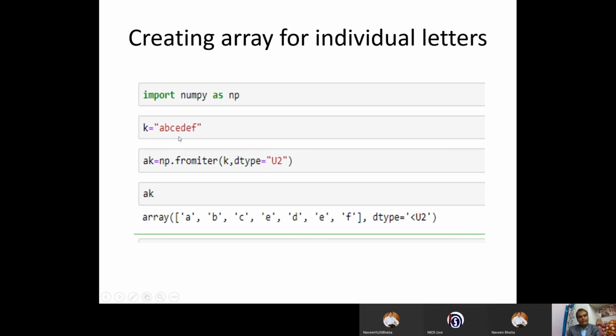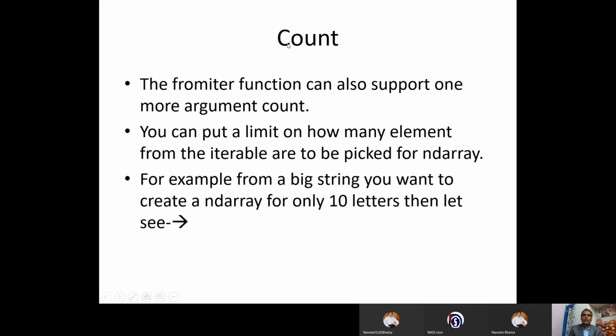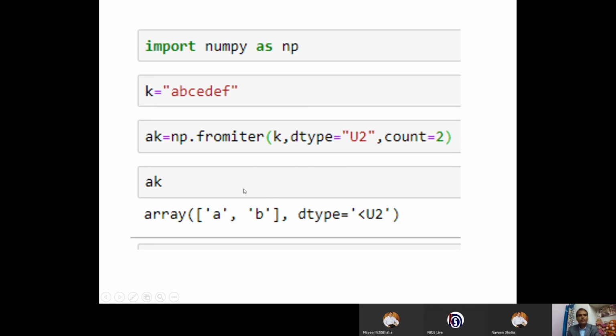In such a situation, you can use the count argument. Let us have an example. This is an example of fromiter. I have given the variable name here, the data type, and count equal to 2. I want to create the array for only 2 elements.